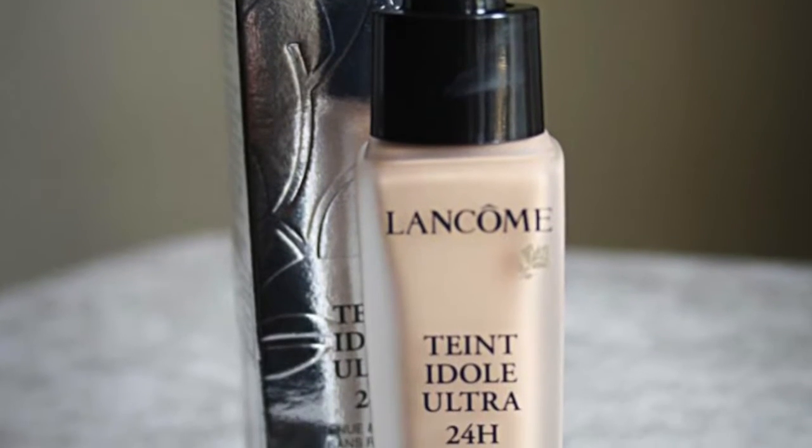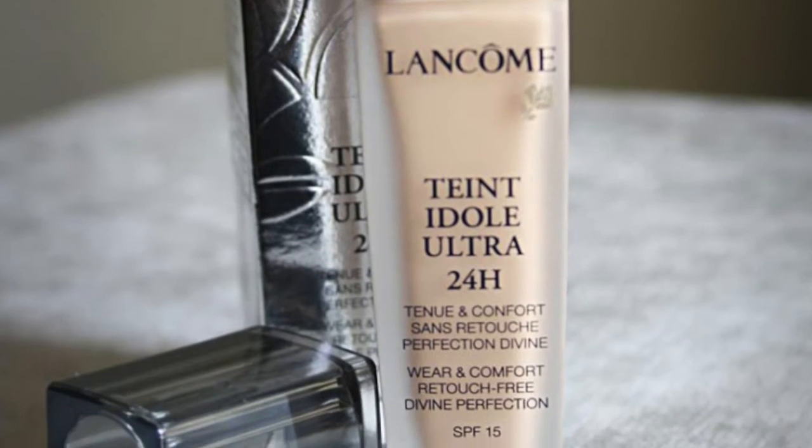I'll have a picture somewhere right here because I don't actually have the product with me. I just have samples that I've been using from work. I have like 2 little samples of this that the Lancome rep gave me, and I really love this foundation. And every time I try it on somebody's skin, they end up buying it because they love it so much,